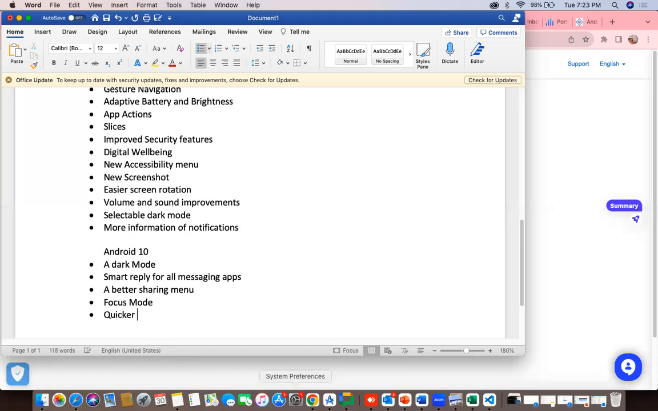Next is quicker access to settings. From the quick settings menu, we can directly access the settings. Also, in quick settings, whatever you want, you can add. Like I want Wi-Fi, I want Bluetooth, I want something else, you can add it to the quick settings. Right. So the next is the standard